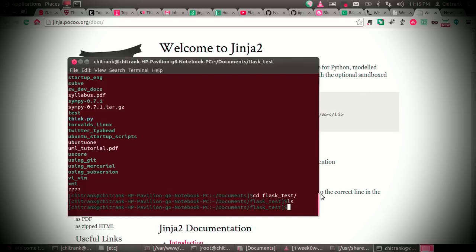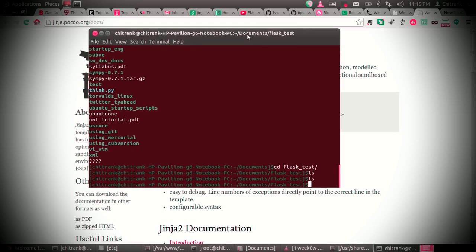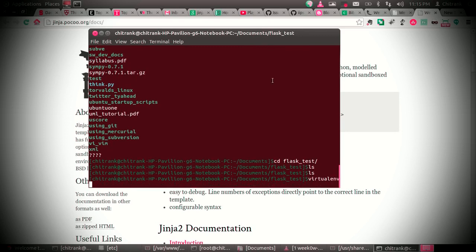Now let's get started. This is my terminal. I've made a new folder named Flask Test. The best way to use Python Flask is to first make a virtual environment. So you should have installed this utility named virtualenv. What it would do is initialize a virtual environment of Python. So I'm making this flask_virtual, and when I hit enter,